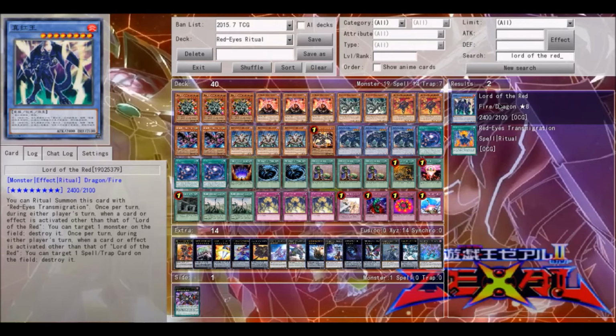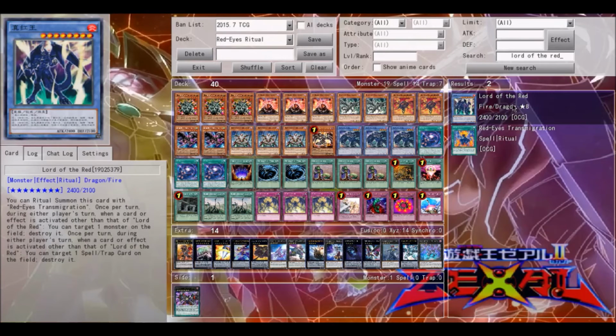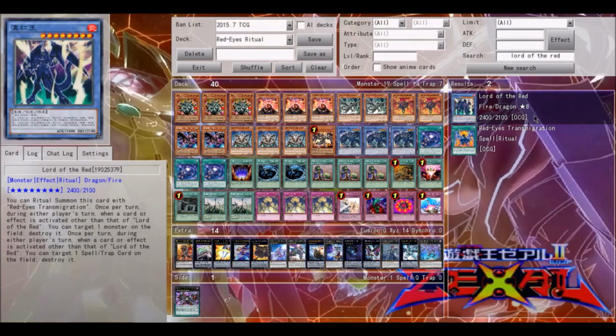you're fine when going up against Lord of the Red. If you don't have anything on the field, you could Dark Hole it, Raigeki it, or just try to attack over it. There are very easy ways to do that. So yeah. But Lord of the Red actually combos very, very well with number 74,